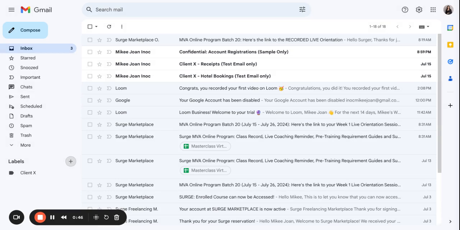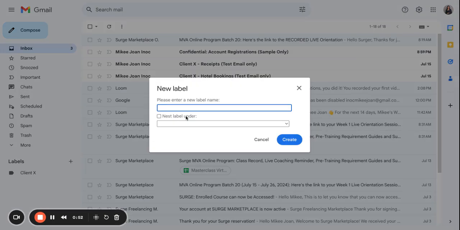And now I want to create more labels under Client X. To do that, you just need to click the plus icon again and then put the new label name.